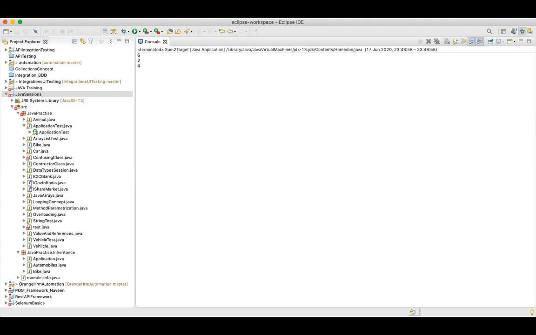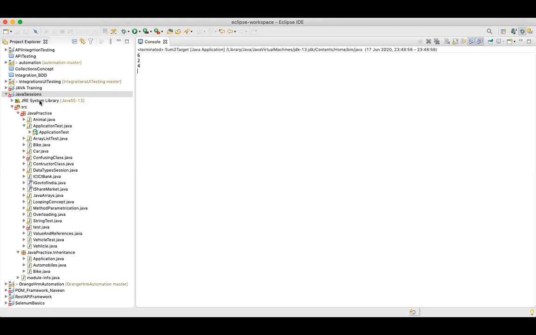A few points for linked list: first, linked list can contain duplicate elements, and it is a doubly linked list to store the elements. Whatever classes we have in collections, like array list, linked list, hash map, these are all basically to store the elements. Linked list exploits the linked data structure, inherits from the abstract list class, and implements list. As I said, these are all implementing list. What is list? List is an interface.